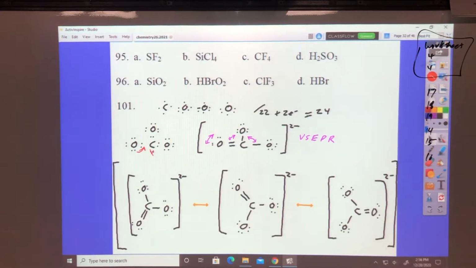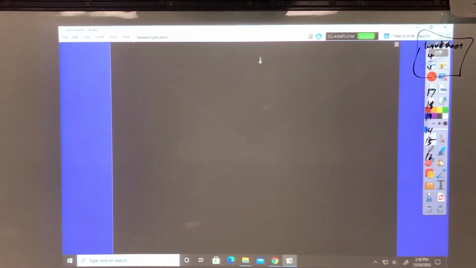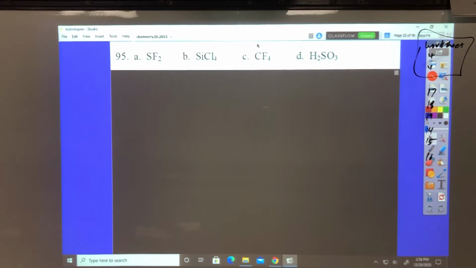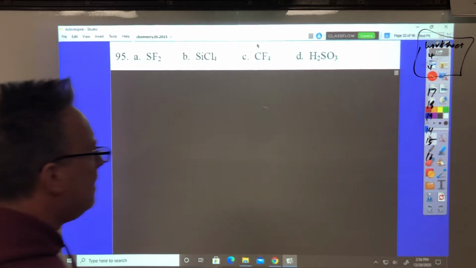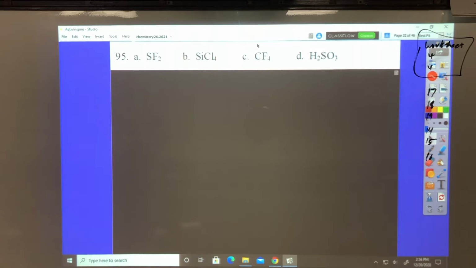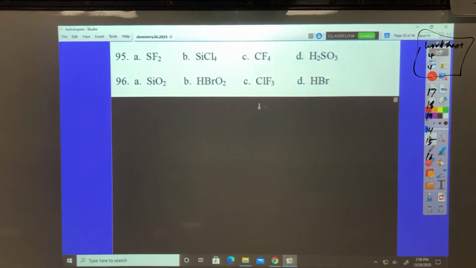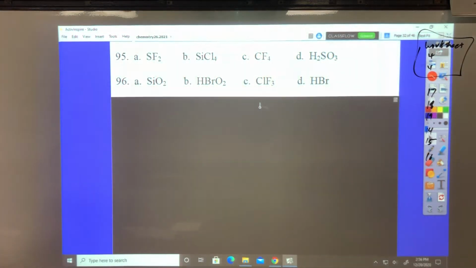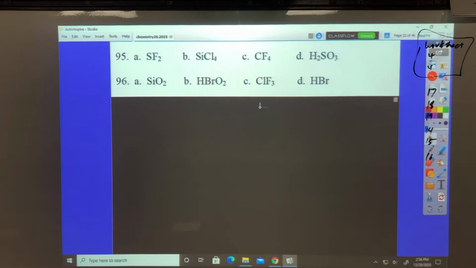Every book has good aspects and bad aspects, and this one gets to oxidation number rules way late in the game. So 95, formula for each molecule: sulfur difluoride should be SF2. Silicon tetrachloride should be SiCl4. Carbon tetrafluoride is CF4. Sulfurous acid is H2SO3. Let me know if you have a question over one, if you want to go over those acid rules again. It seemed like we did that in class, went over it again, and it seemed like you're okay with it. Okay,